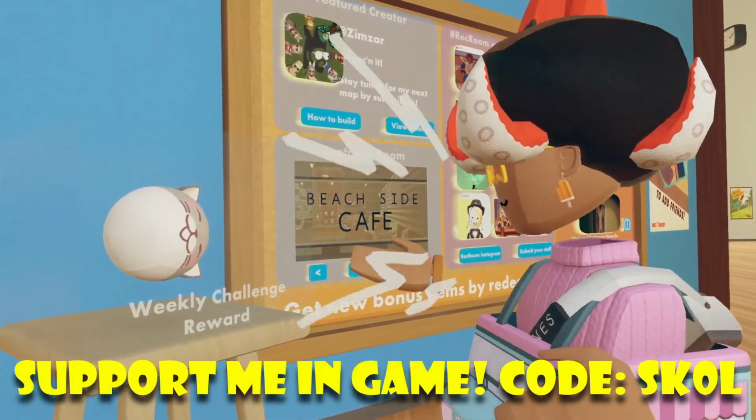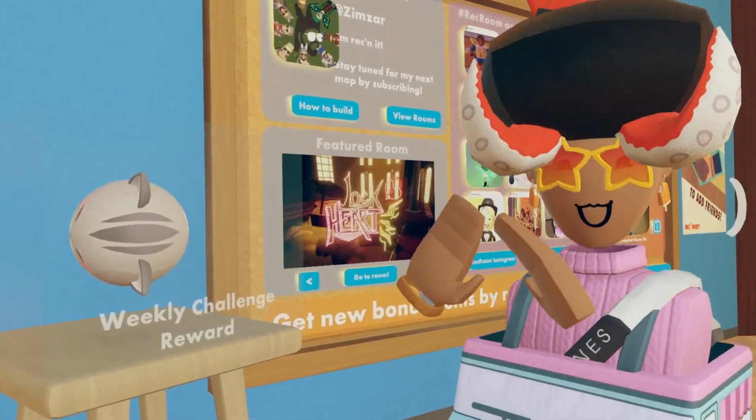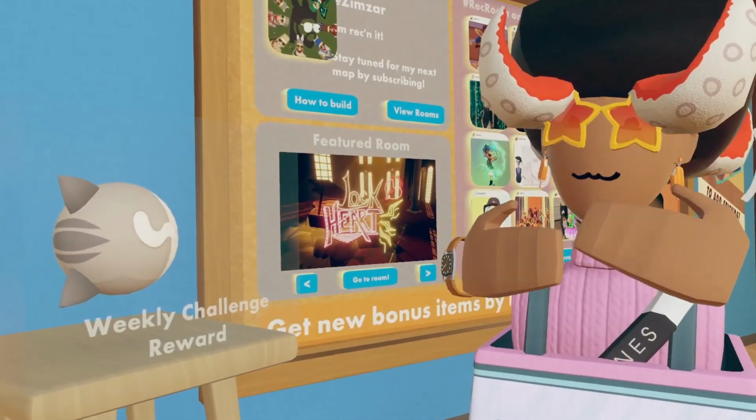As you guys can see, the weekly actually released early. Yes, it's obtainable, you guys can view the challenges. Kind of strange, but I'll talk about it more inside the actual weekly video once we get the shop rotations